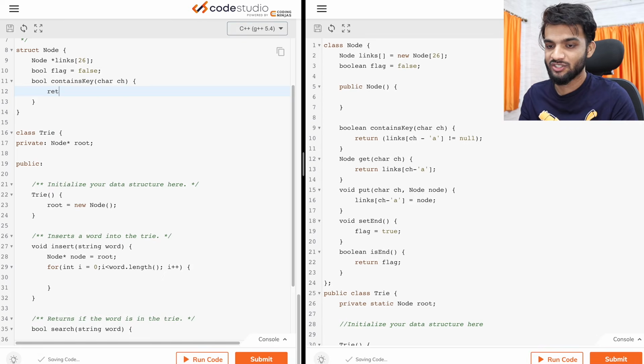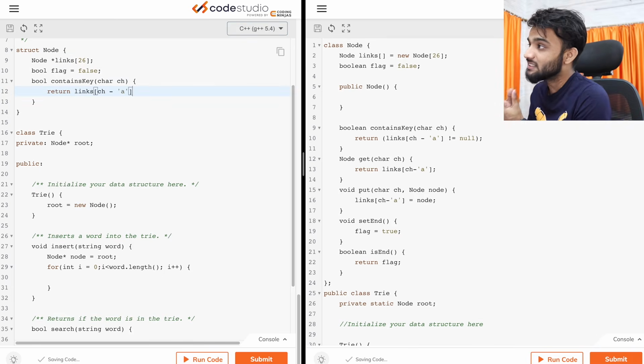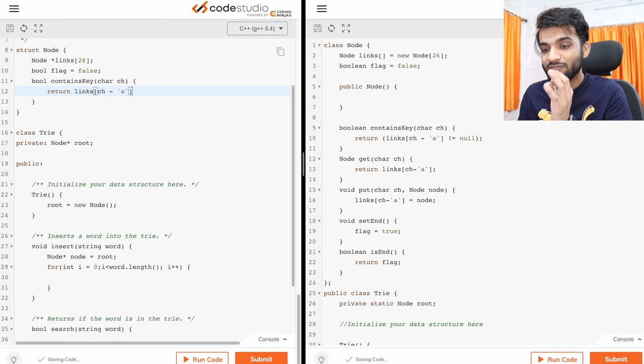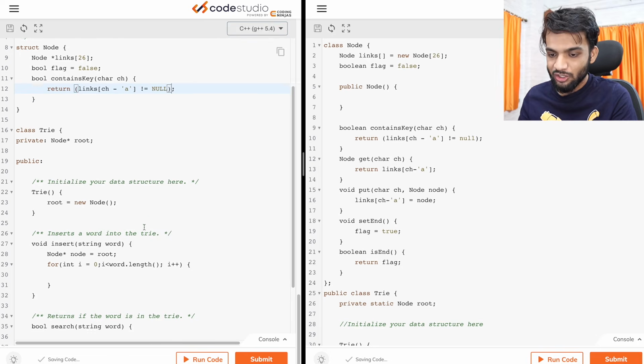It will tell me yes if the links of ch minus 'a', because I said a is 0, b is 1, c is 2, if this is not equal to null, then that means this character does exist. So while inserting,